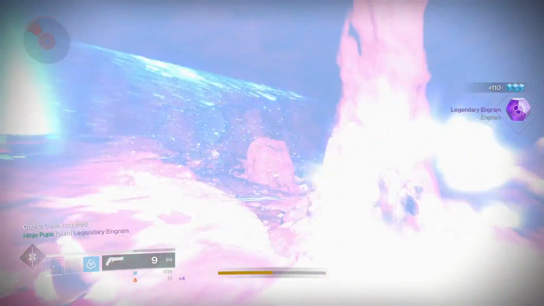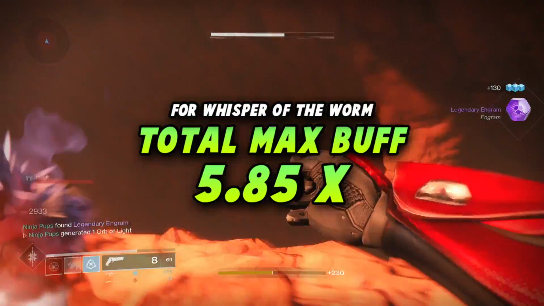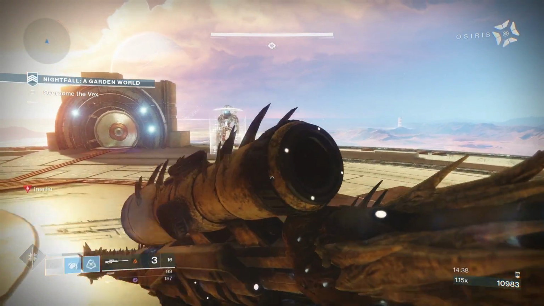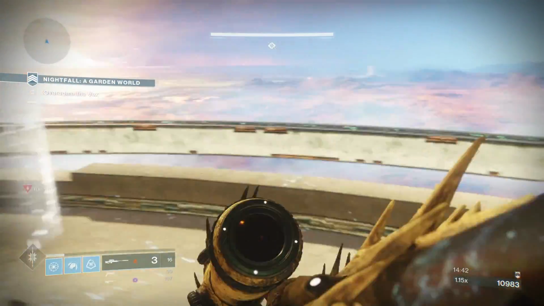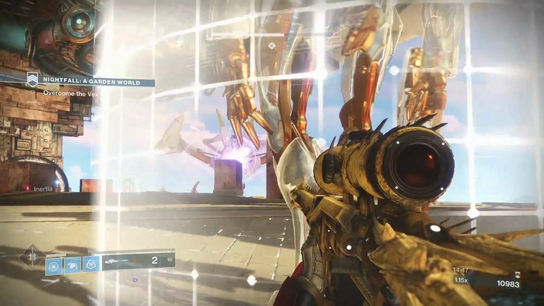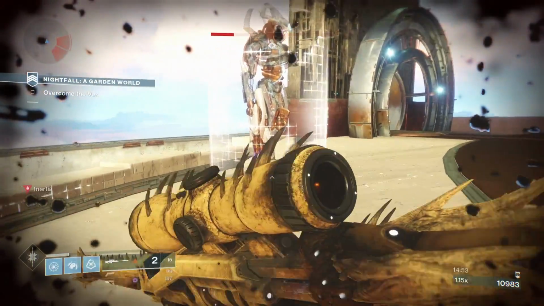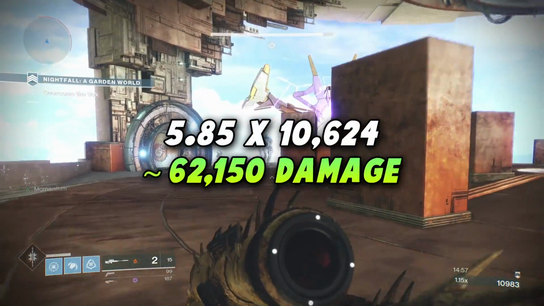So this means you can reach a maximum multiplier of 5.85 times using Whisper of the Worm and all the possible buffs you can apply to it. Again, I don't have the footage of this test in the Pyramidion, so I did it in the Prestige Garden World instead, and of course the base damage of the Whisper is still going to be the same no matter what Prestige Nightfall you do it in. So the base damage I got here is 10,624. So multiply that by all the possible buffs combined, which is 5.85 times, and one single shot from the Whisper of the Worm does